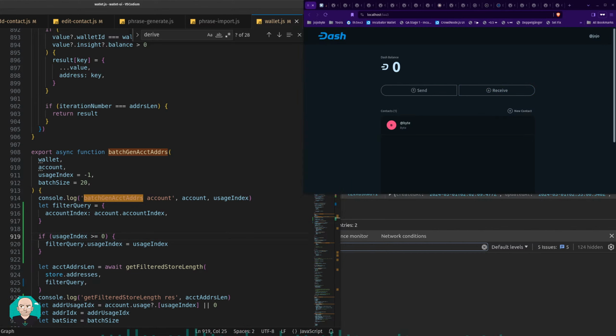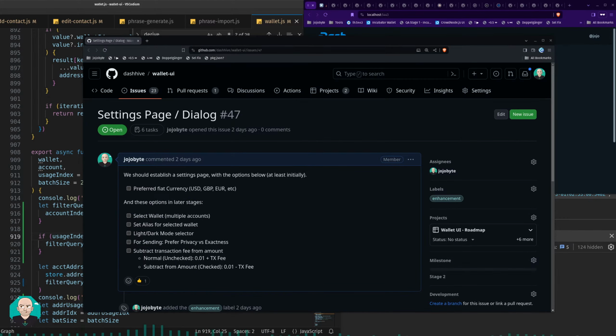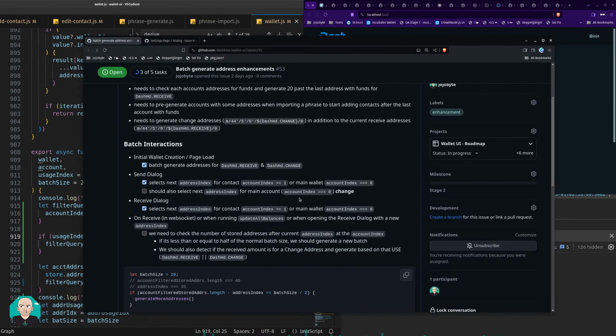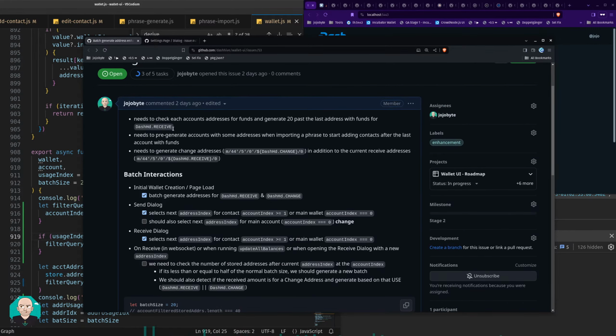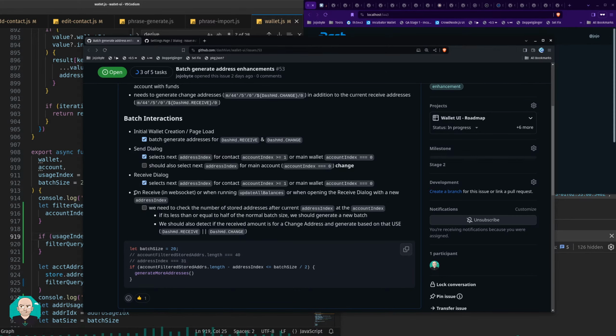Let me pull this over real quick. Where's our windows? Okay, so this one right here. So to do this, we're trying to do on receive in WebSocket, or when update all balances, or when opening the receive dialog with a new address index. So anytime that happens, that's what I would